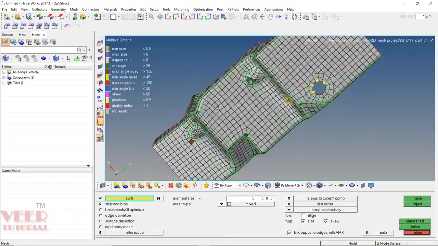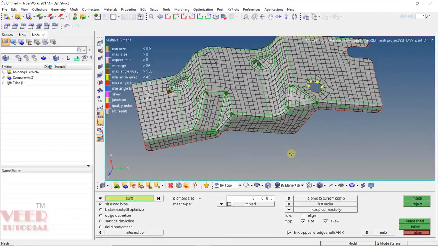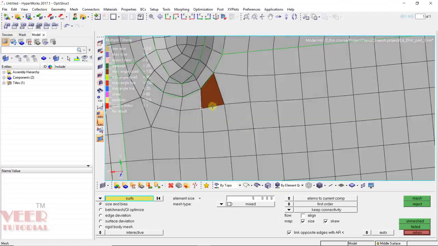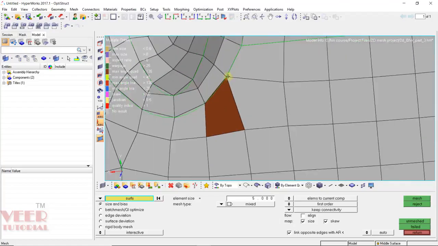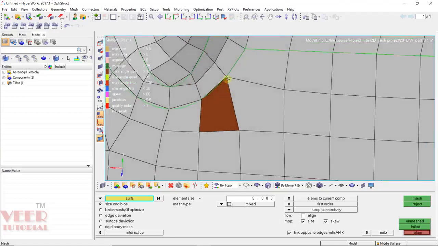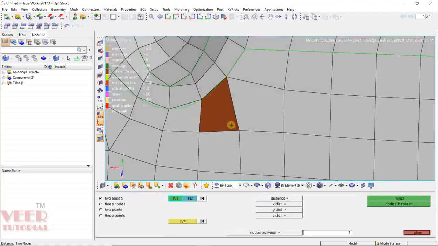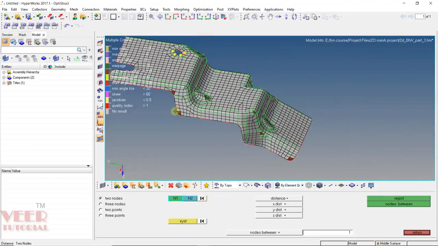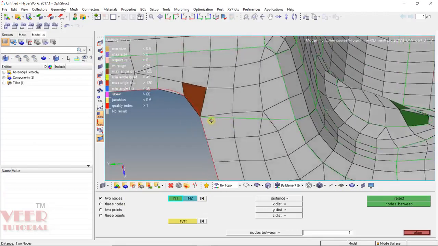So after that we will have to understand how can we improve this warp edge. So first let's finish all these angles. Here we can see this angle is larger. So what I can do is, if I pick this node and drag it like this, the angle will reduce. A similar thing you can do in all the other failure elements.